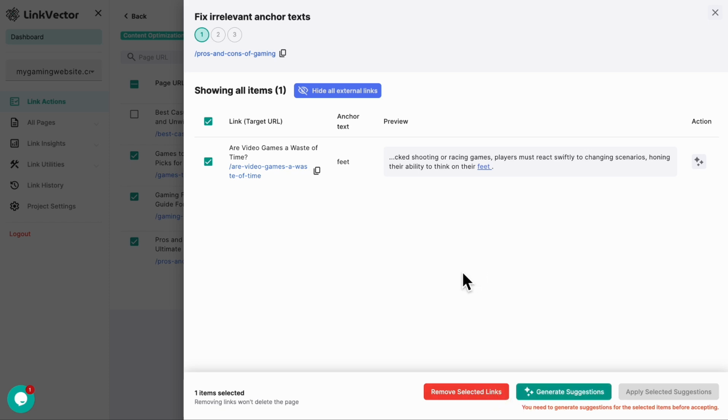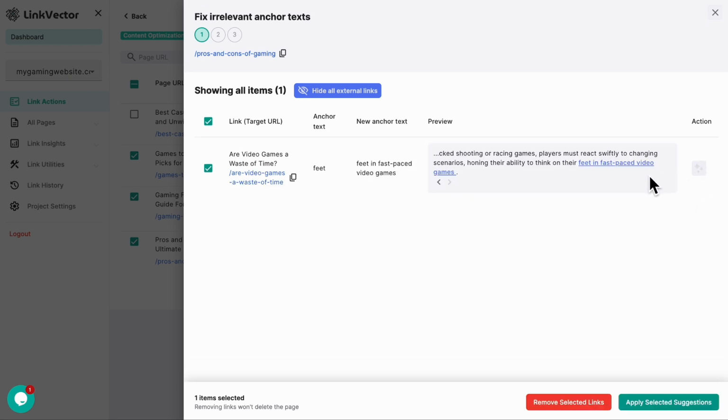text. To generate an anchor text suggestion, first click this star icon. Once generated, you can preview how the sentence will look after adding the new anchor text here and compare it to the previous version by clicking this arrow. To replace the irrelevant anchor text with this new one, check this box to select the changes, then click Apply Selected Suggestions. Be advised that appropriate anchor text suggestions may be limited if the original anchor text is significantly irrelevant